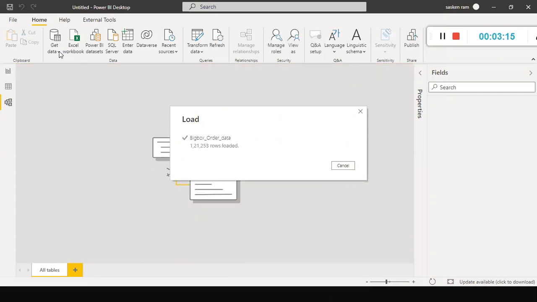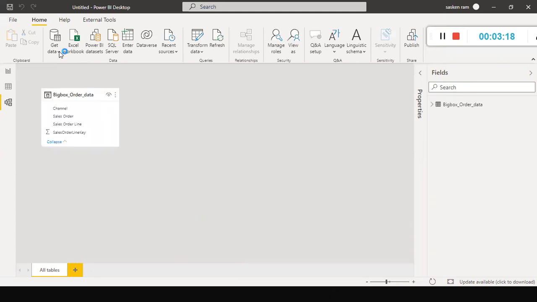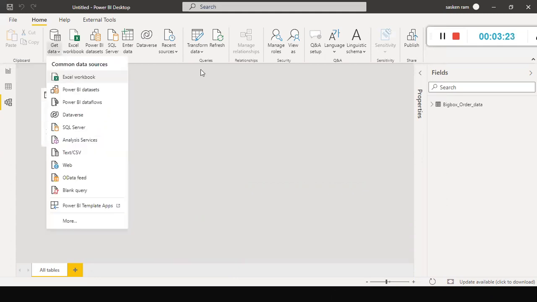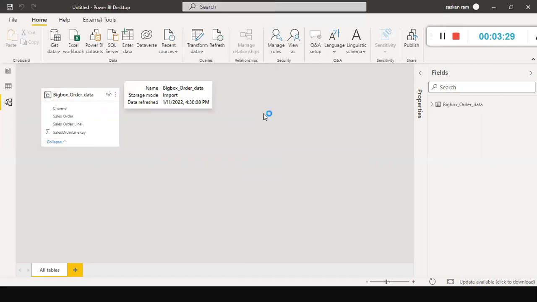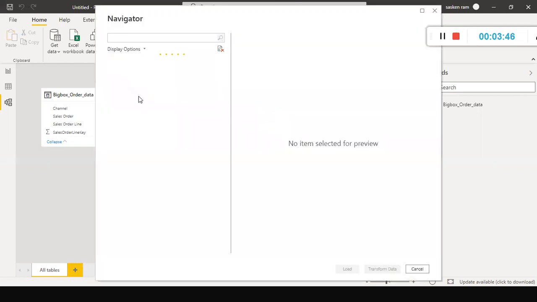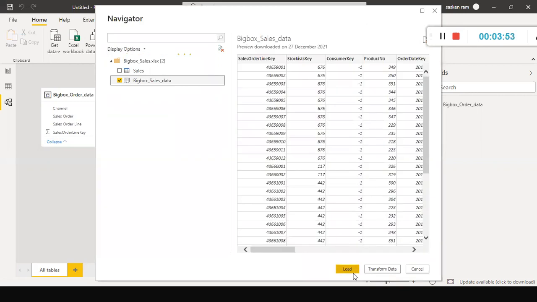The next one is sales data. All these files are available in GitHub.